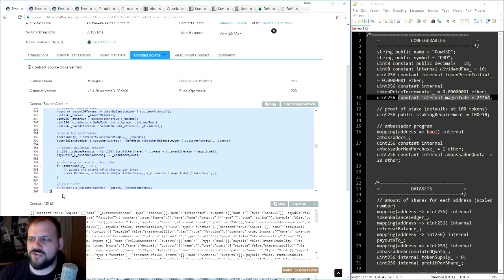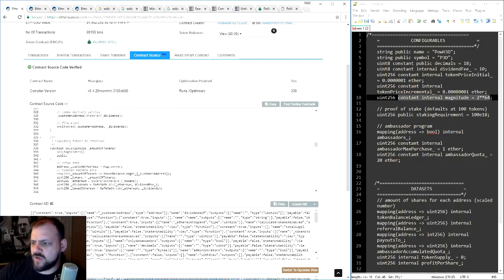All you see is some math that tries to keep track of how many dividends you have, what's your referral bonus, how much has been paid out to you, how much P3D do you have, what's that P3D worth, that sort of thing. That's all that's really being tracked in here. So far, this is looking pretty damn legit to me,